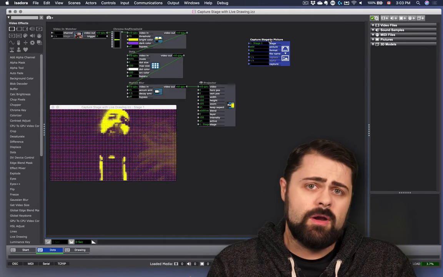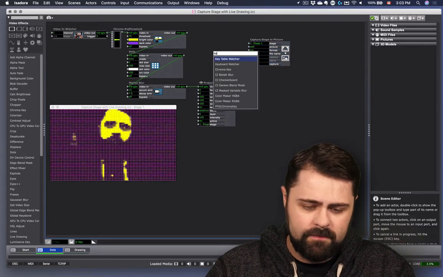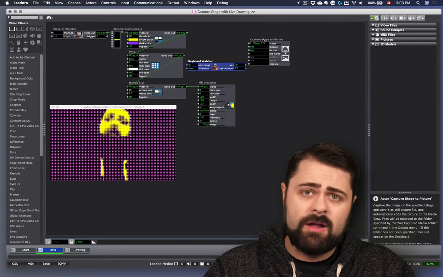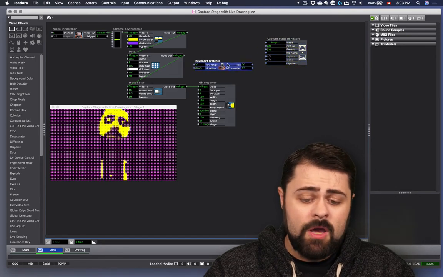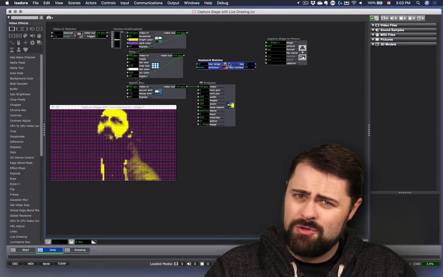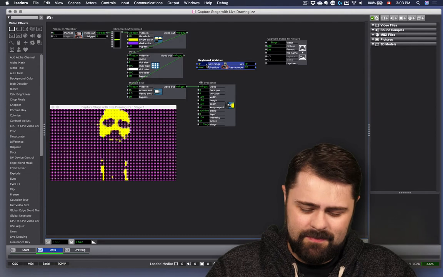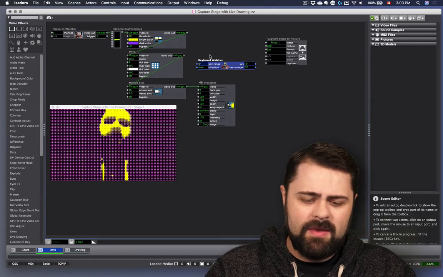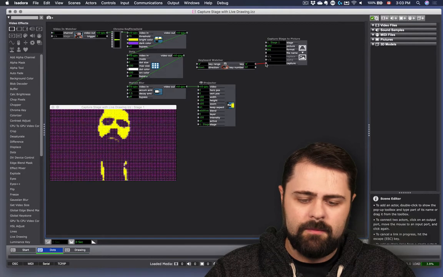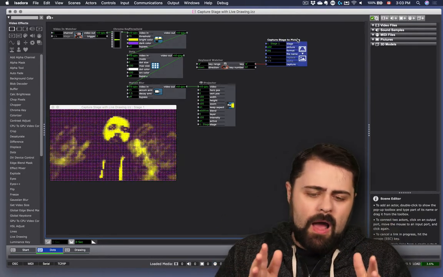So we need a trigger here. In this case, I'm going to go with something simple. I'm just going to use a keyboard watcher. But any of those other trigger actors that we've worked with in previous tutorials, you could use. You just might not want to attach a pulse generator to this thing because then you're going to be taking a lot of pictures. I'm going to make the key just a P for picture. Plug that in. Great.